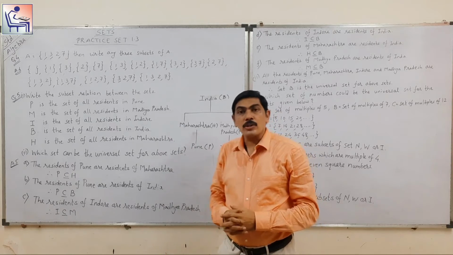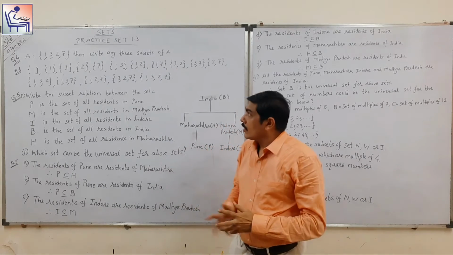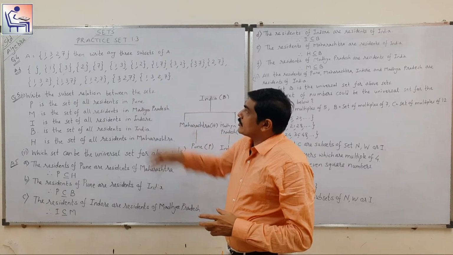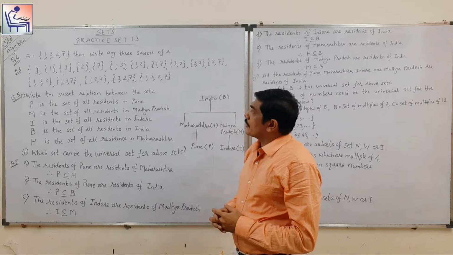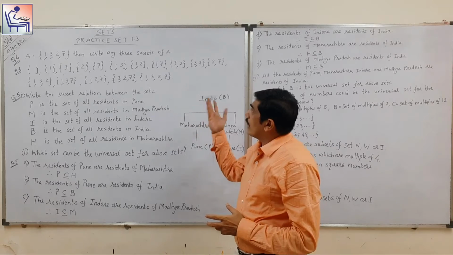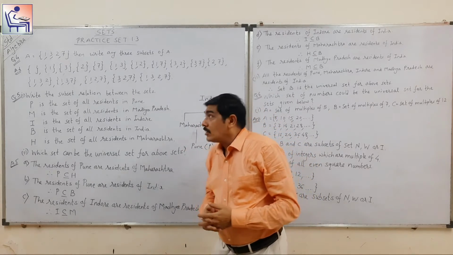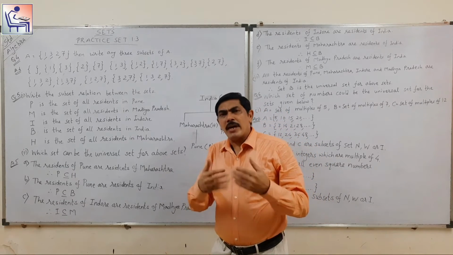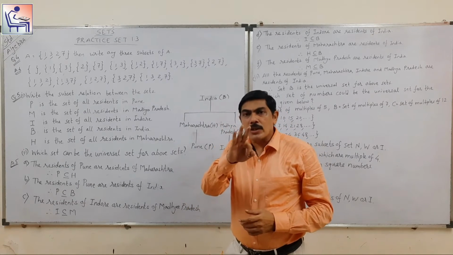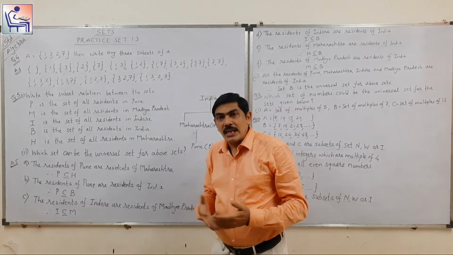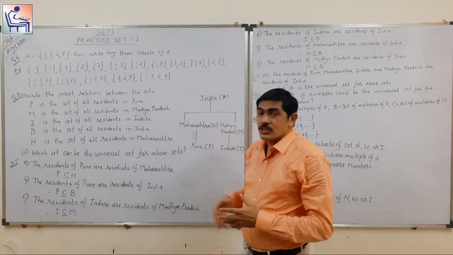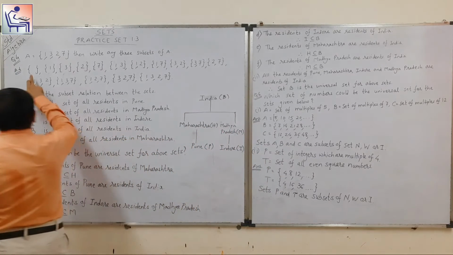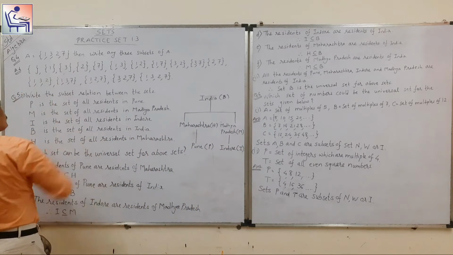We are solving question number 4. Here the question is given as the elements of set A is 1, 3, 2, 7. Then write any 3 subsets of set A. So here please remember there are many questions. They ask you only 3, but we can have many answers. So here please remember empty set is a subset of every set.